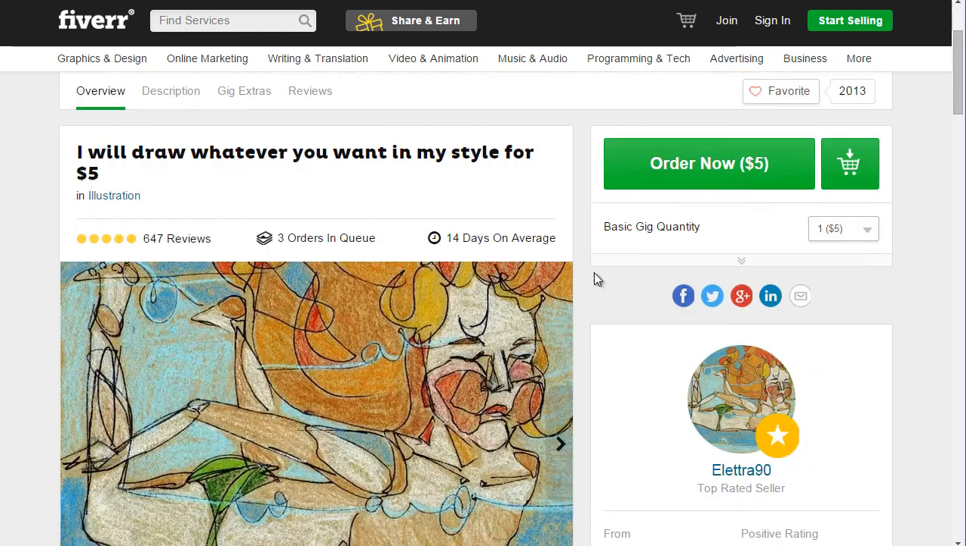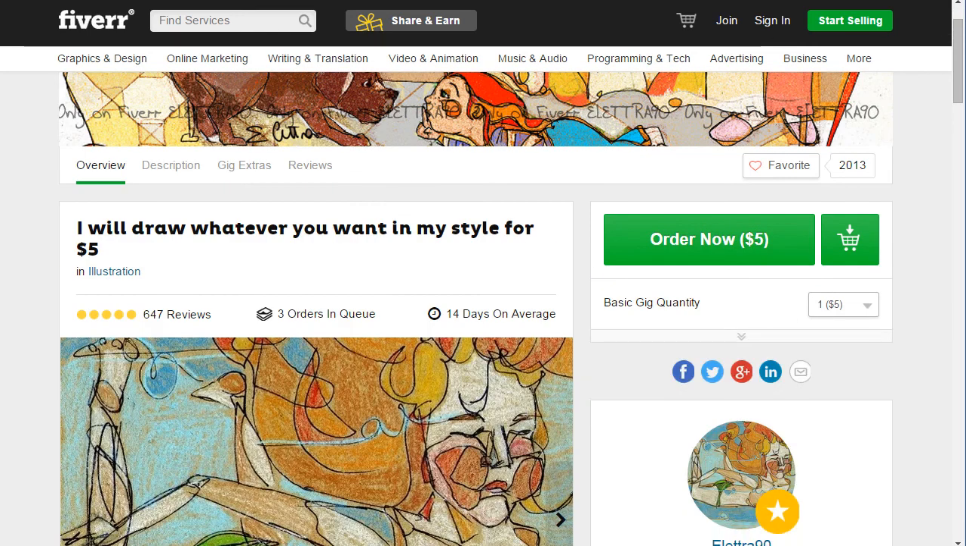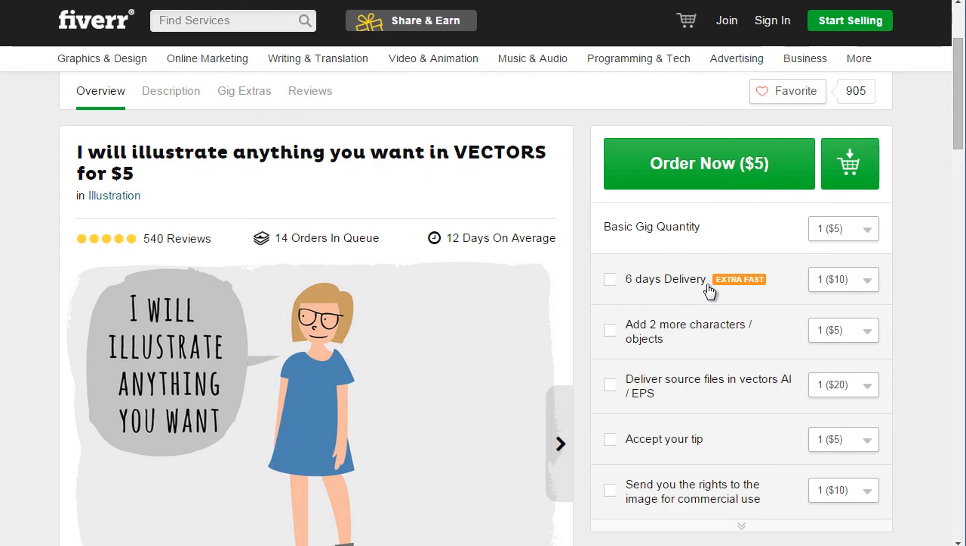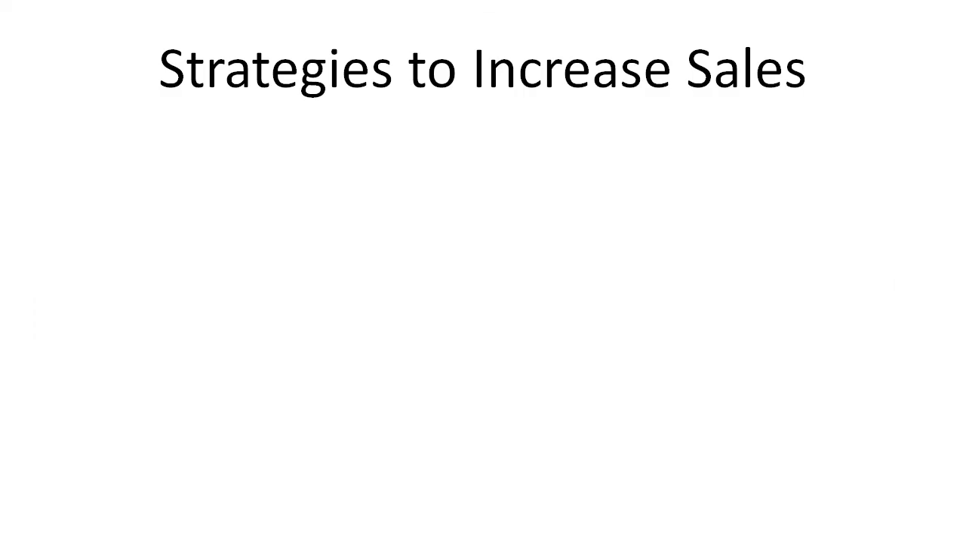Same example over here. If you go over here and you take a look at other examples, you can see that if you were to check all of these, that $5 turns into $55. So that's how powerful this is. All right, so now that I have shown you two different really good examples of how you can implement these